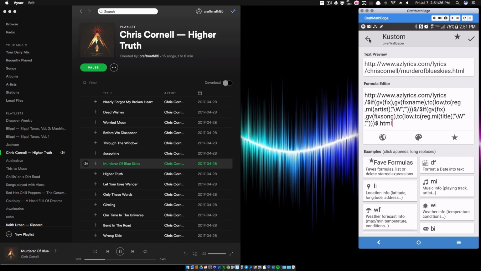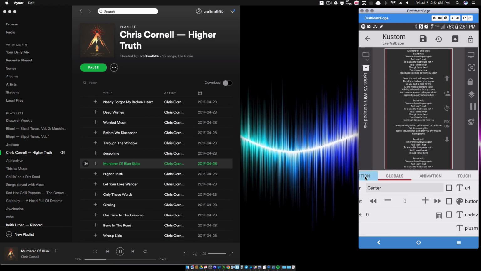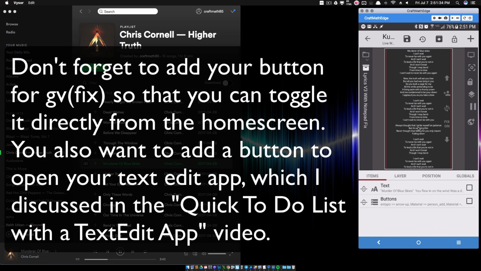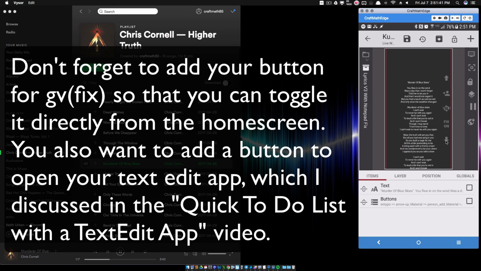And what else do we have to do here? Actually, you may say, okay, how do we get this stuff to show up? How do I get this to work? That tutorial that I did back in February still covers all of that. And there was another one where I talked about how to get your scroll to work, how to scroll through your lyrics. So there's a lot you need to watch up until this point, because I'm not going to go over how to get it all separated and showing up nicely. That still works the same way as in the other video.